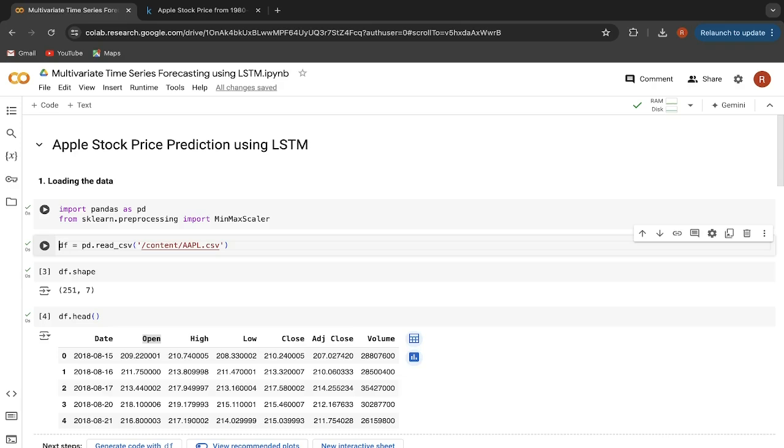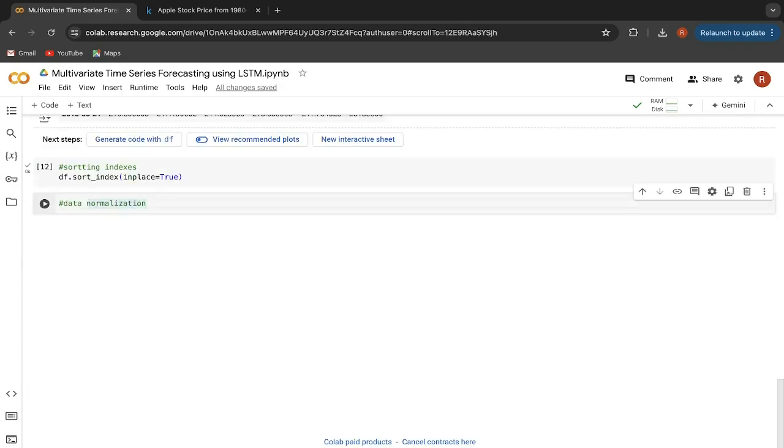So let's go back to the data normalization cell, and here what we are going to do, we will create an object of MinMaxScaler. So scaler is equal to MinMaxScaler. After that, now we are going to scale the values. So let me write scaled values here. So scaled values is equal to scaler, and we are going to make use of the fit_transform method, which will directly fit our data and also transform it.